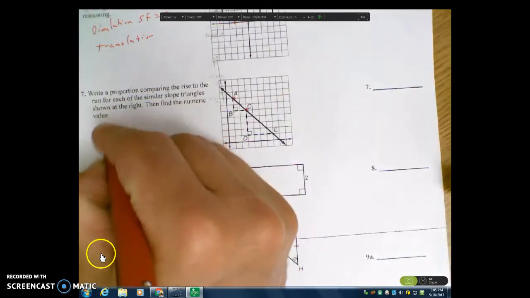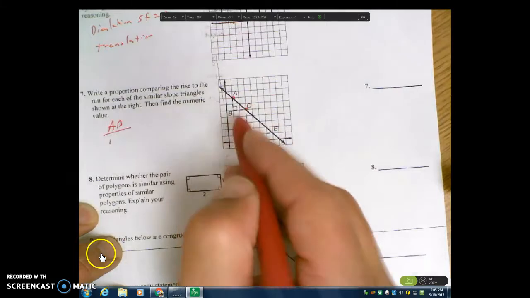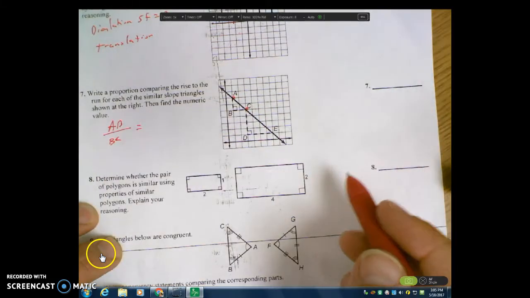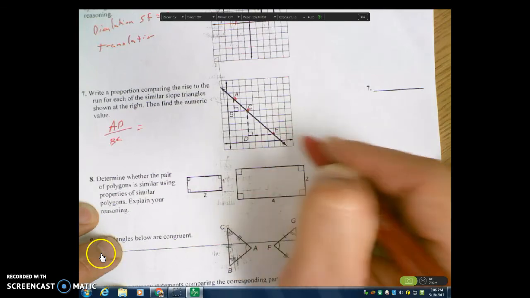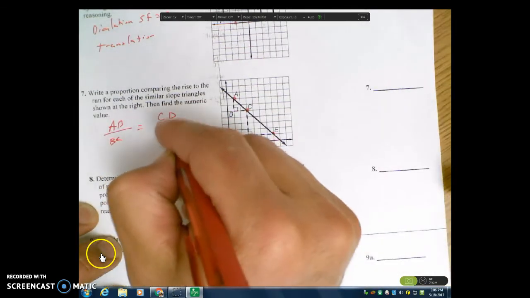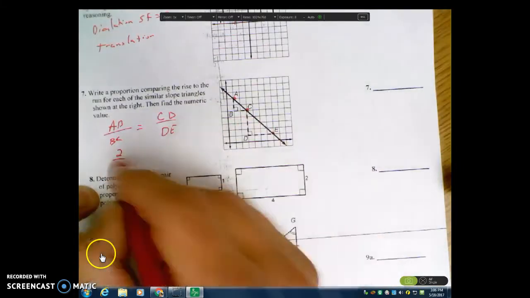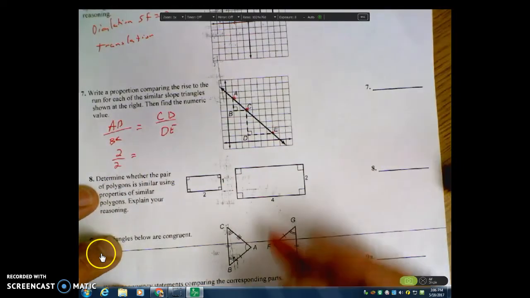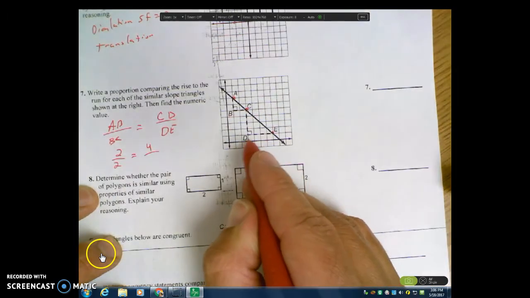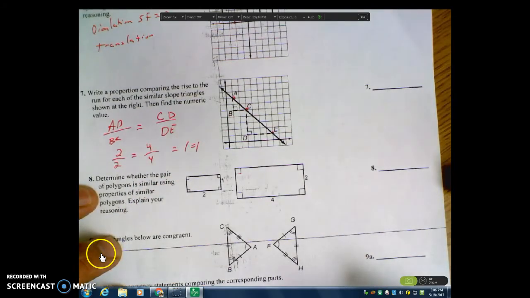So I can say that AB over BC, rise over run, should be equal to, and I'm going to use C and E, which would be CD over DE. And that tells me that AB is 2, BC is 2, that's rise over run, 2 over 2 is 1, and CD, 1, 2, 3, 4, hopefully this is 4, 1, 2, 3, 4, it is, and 1 equals 1, so the slope